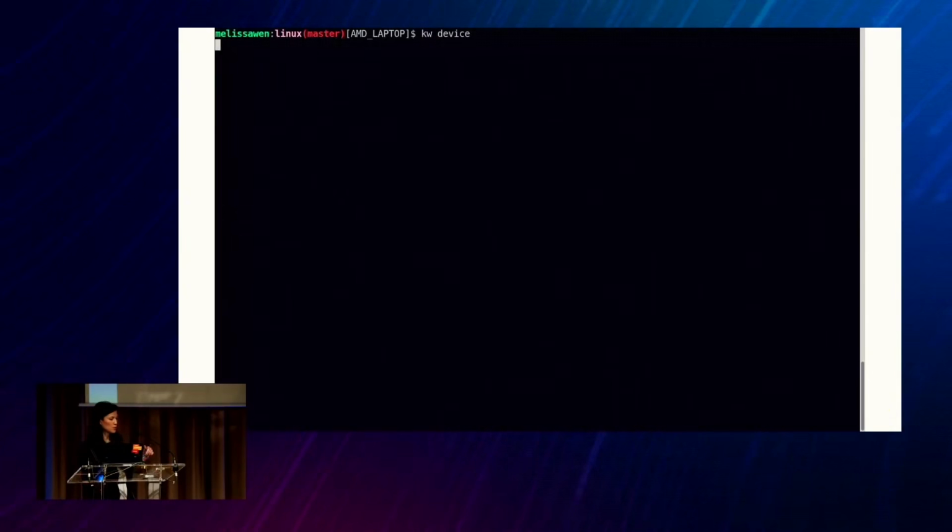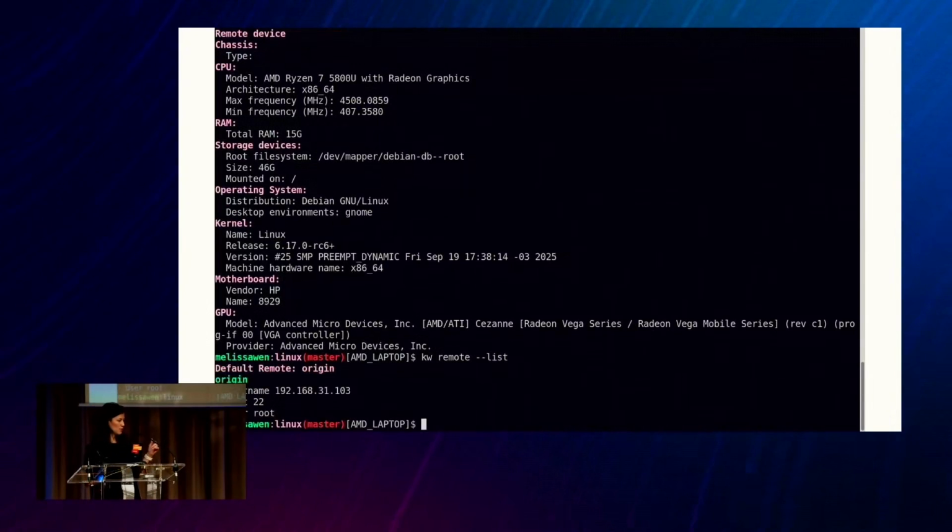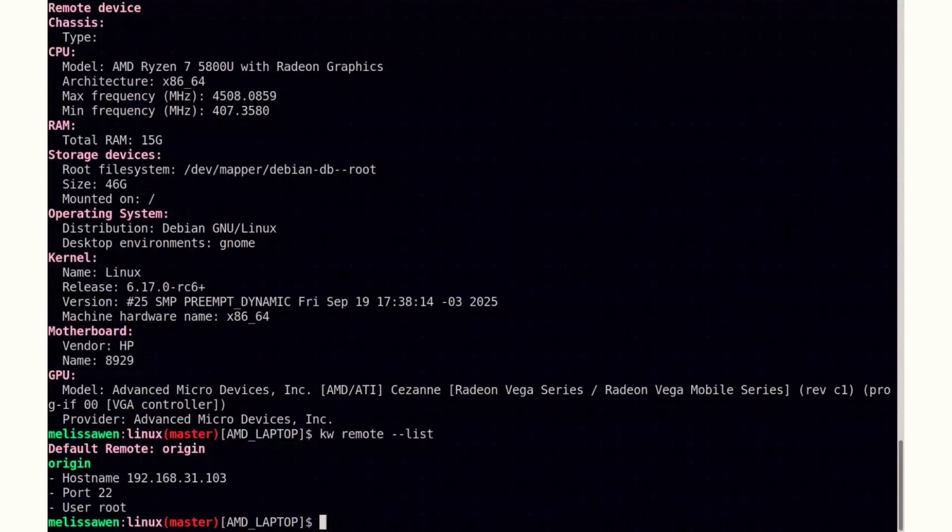Here is a demonstration: I ran kw device, and I can see some information about my laptop. It's AMD, the name of the kernel, the version, also the GPU, the model of the GPU, and other information. And I ran a kw remote list, so I can check what the IP of the target machine is, but I can also set that